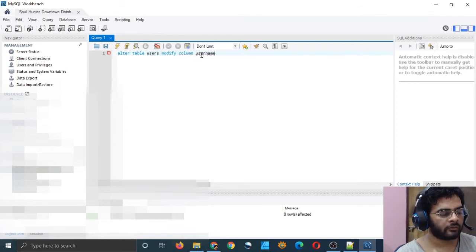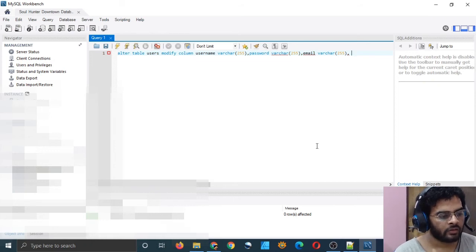It doesn't matter which column was first. You can just type username. It was varchar 10, but now it will be varchar 255. And next password, again varchar 255. Email again varchar. I wonder if this command will work. Maybe I need to add some bracket there.